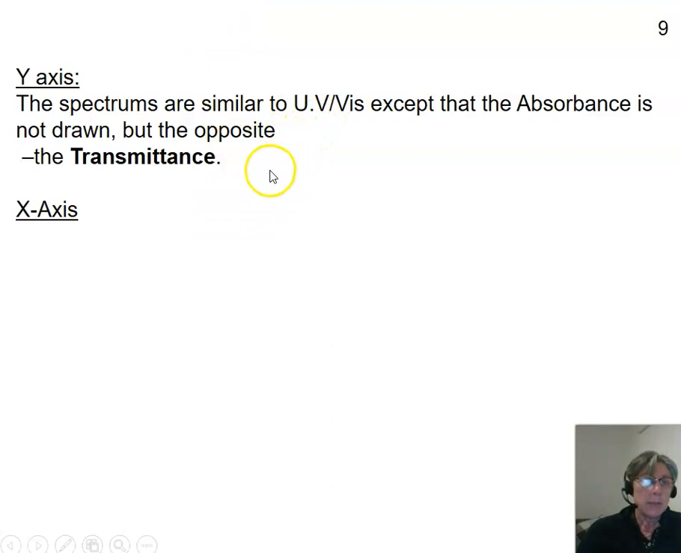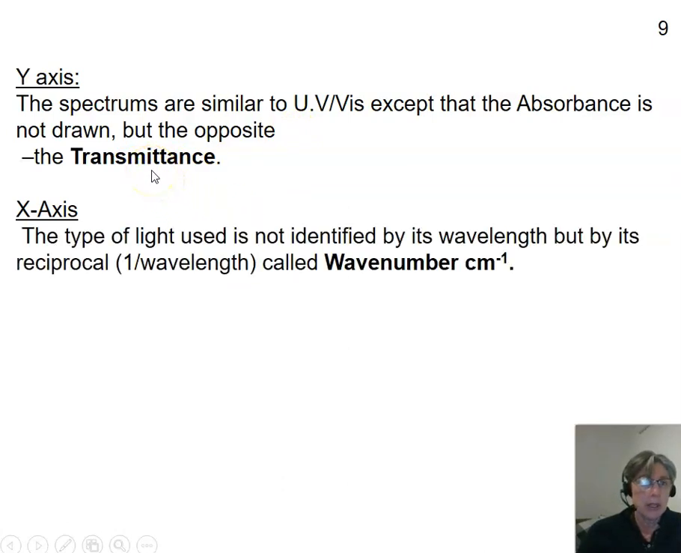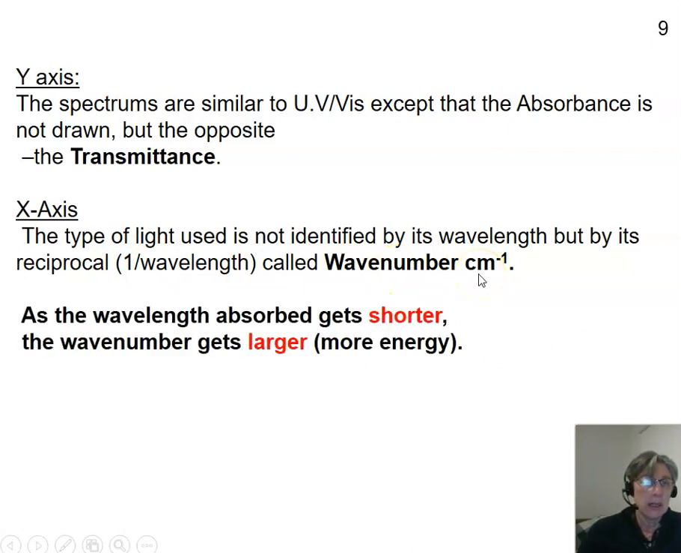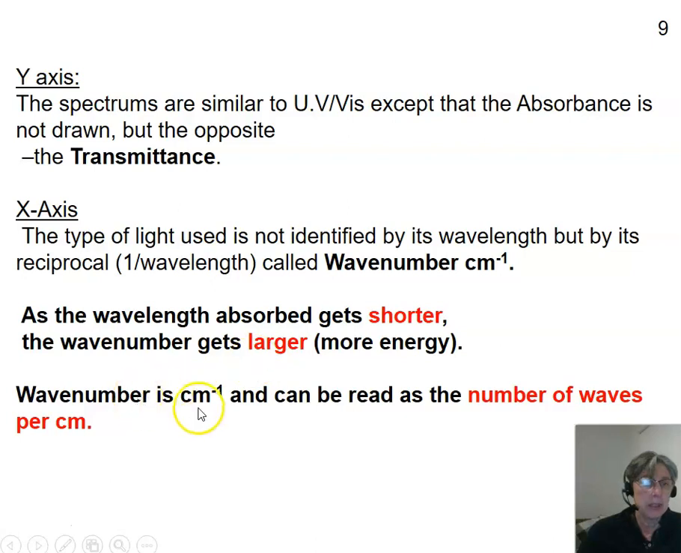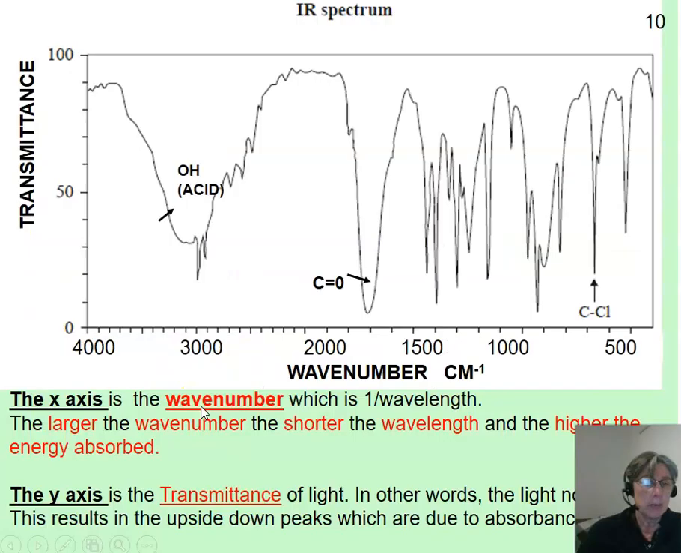Light's absorbed, so the y-axis is not going to be the light that's absorbed, it's the light that transmits, moves through. And the x-axis, instead of being the wavelength, so we're looking at a range of wavelengths, but instead of being wavelength, we're going to have 1 over wavelength, which we call the wave number, in centimeters to the -1. As the wavelength gets shorter, the wave number gets larger. So wave numbers can be read as